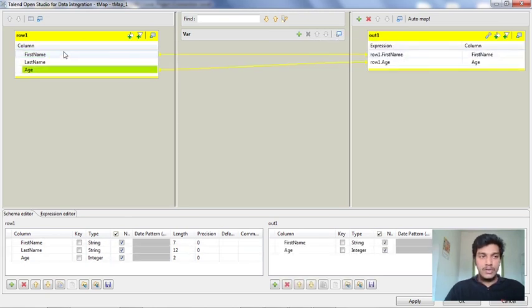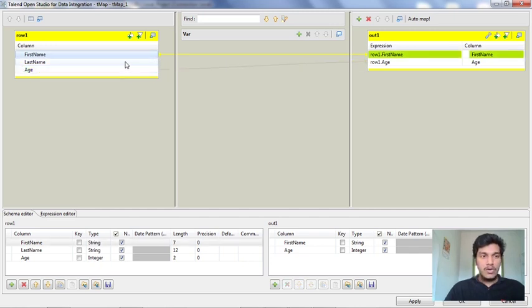So what it is showing is, suppose you have this row 1 table with 100 columns, and you want only the first 3 columns in the output table, then you can select only those first 3 columns and just drag and drop them into the output table. Then you will be getting this type of table.